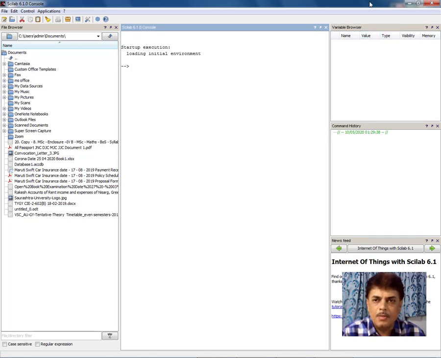Here it is a variable browser, command history window, and news feed. This one is the file browser where our files on our computer can be seen or accessed. We will learn very much in detail in the sessions that follow this session about the Scilab.